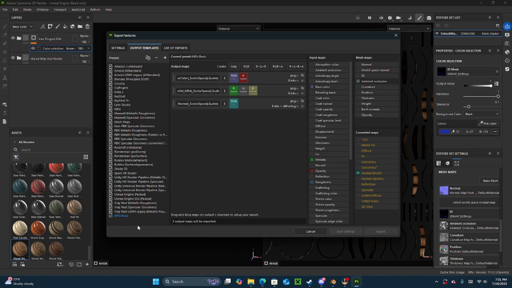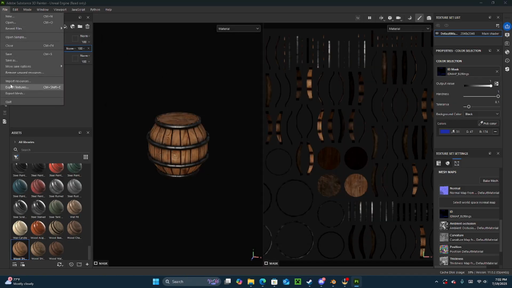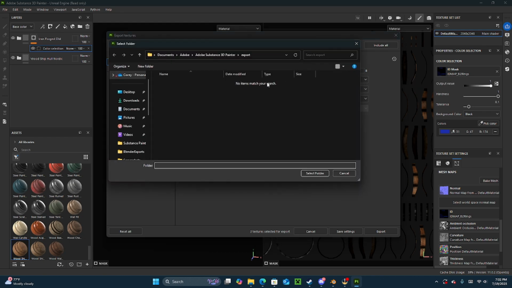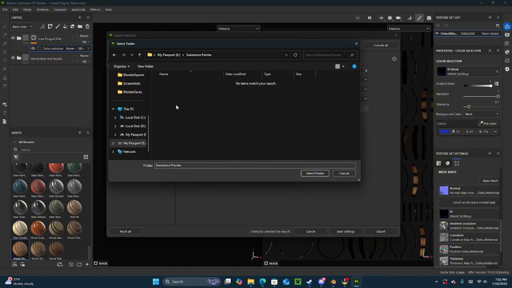Once you have that set up, you should have something that says save settings or whatever, and then we will select our output template to be the MRA that we had made. Make sure it says PNG 8 bits, and then at the top where it says output directory, you want to change the output directory to a directory you know where you're putting your objects at. So I'm going to go up here to Substance Painter,